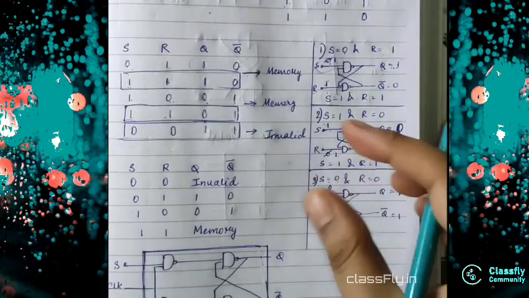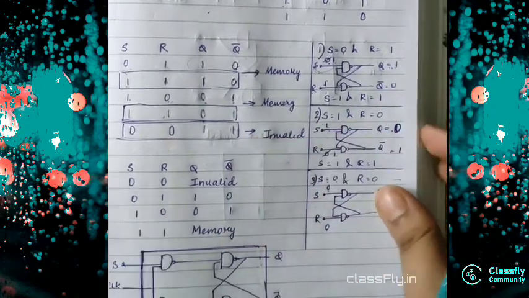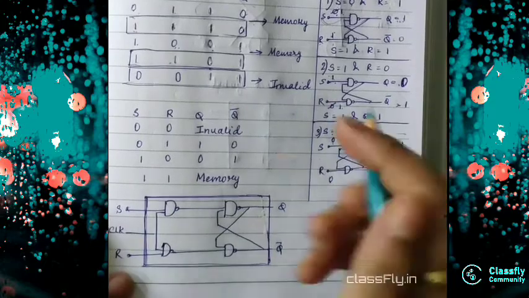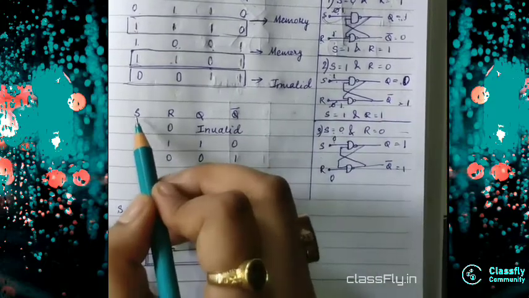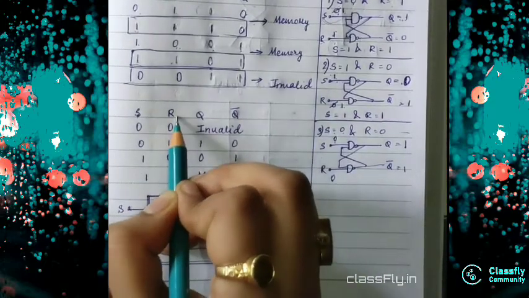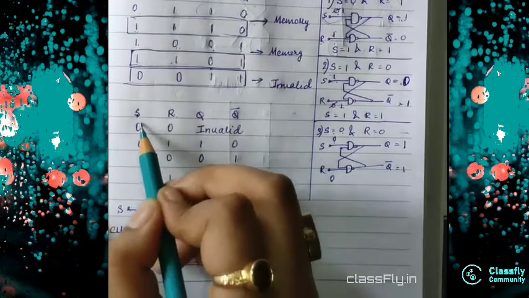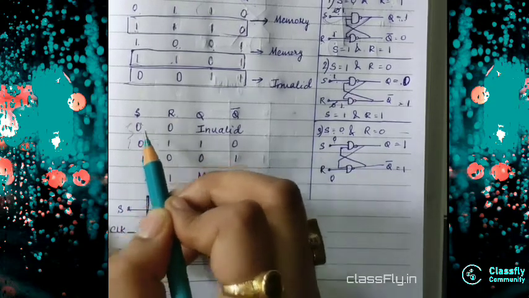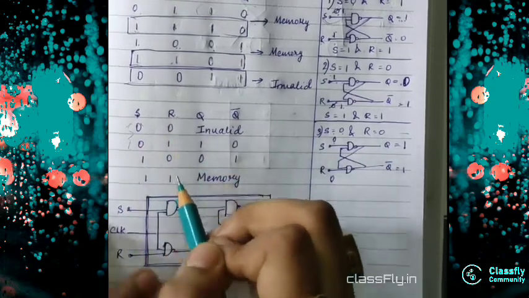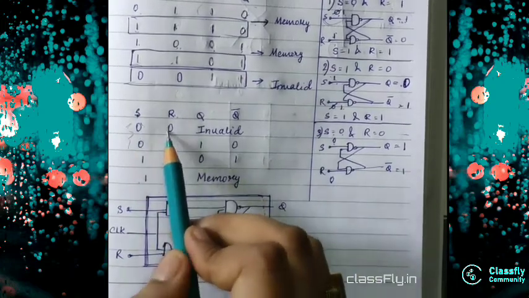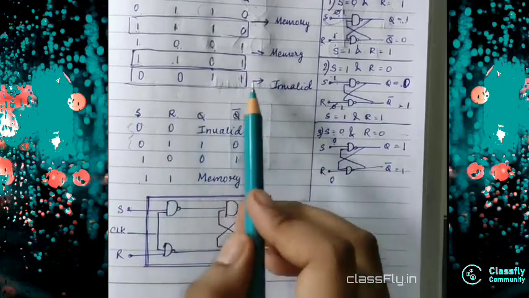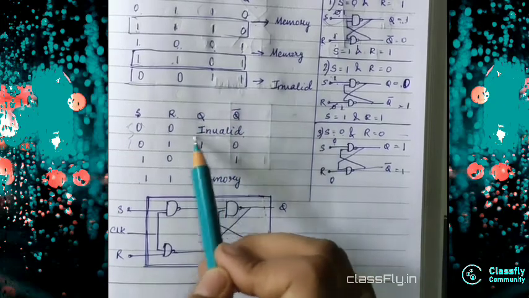So now we will make another table which will give me a preview of this. See, I have written two inputs, that is S and R. So there are two variables. So the first column will be two zeros, two ones, and respectively 1 0, 1 1. We know that 0 0 can't be there because both the values are 1 1. So it will be the invalid state.